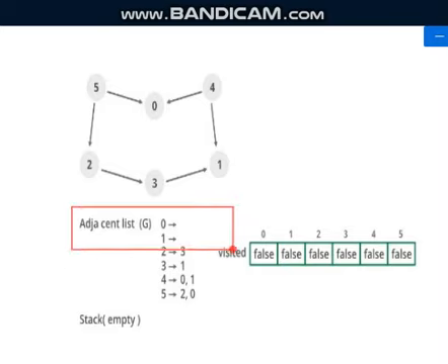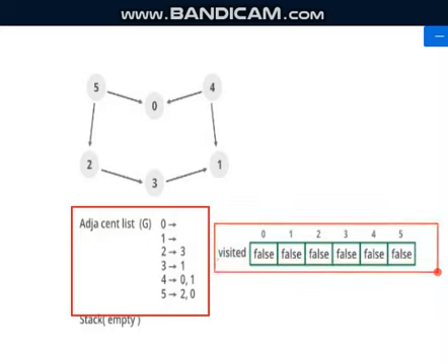So we have taken the adjacency list. Now you have a visited array. How many nodes do you have? 0 1 2 3 4 5, so that is the size of the array you have taken. Initially in the visited array you will have all false, or you can take it as 0. None of the nodes are visited, so everything is 0 here. Now we will see what next. Here the stack is empty; initially the stack is empty.